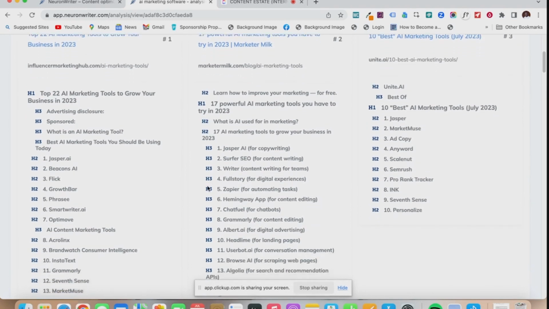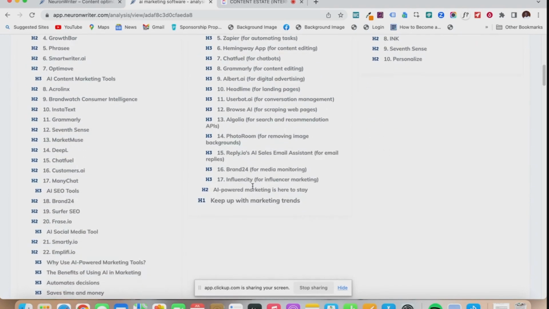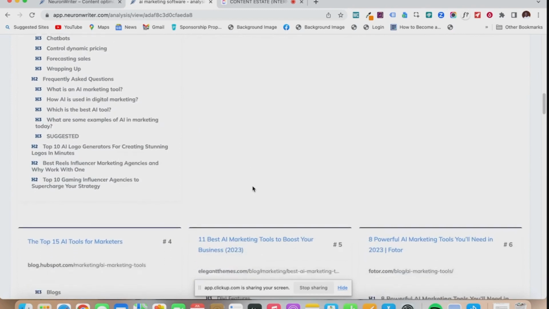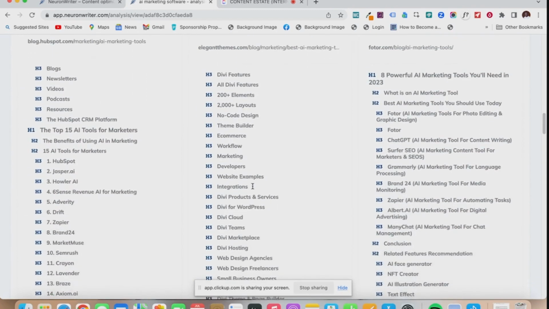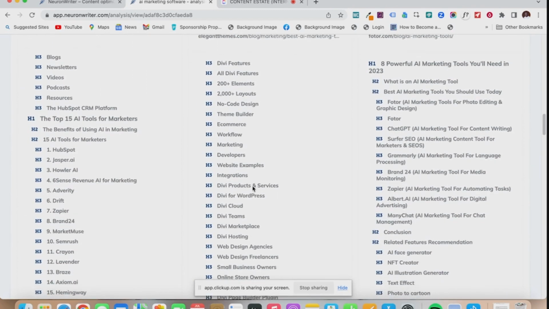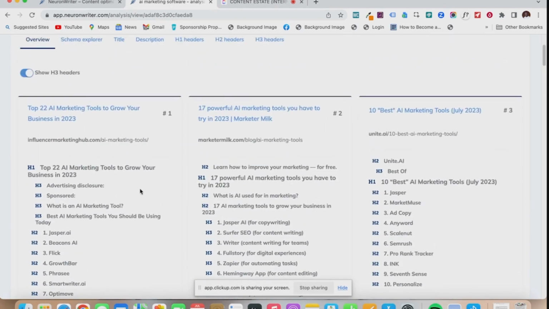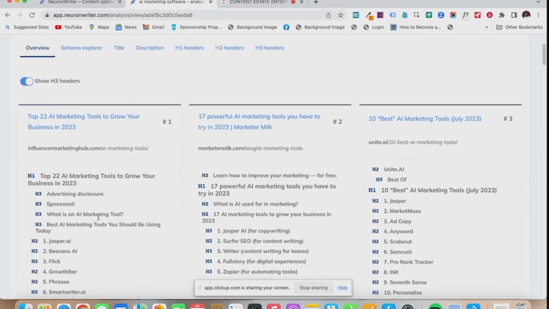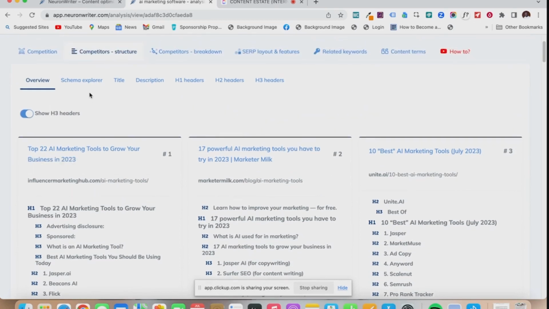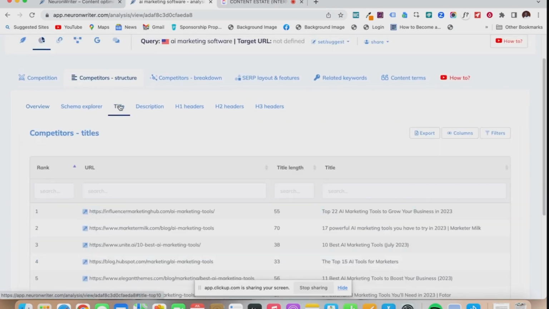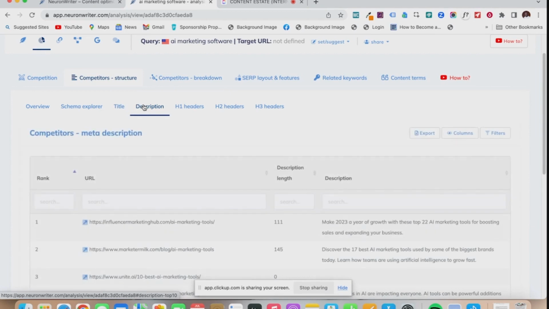We can see for this other website. So this just gives you a heads up into what exactly my competitors are doing, and then what I need to include in my own post. Now, if you see that there's something else you need to include, you can always just copy and then paste it. Now, in this section, you also have suggestions for titles, you have suggestions for meta descriptions,